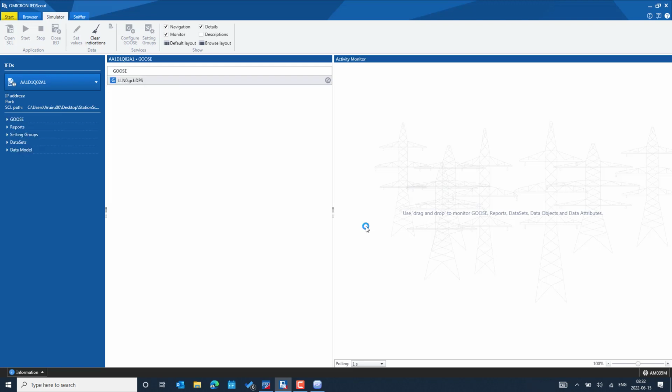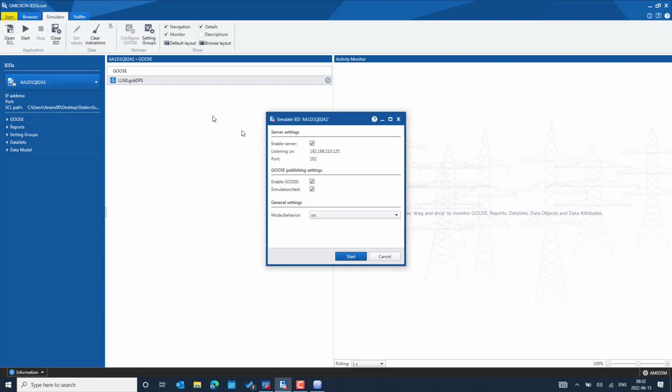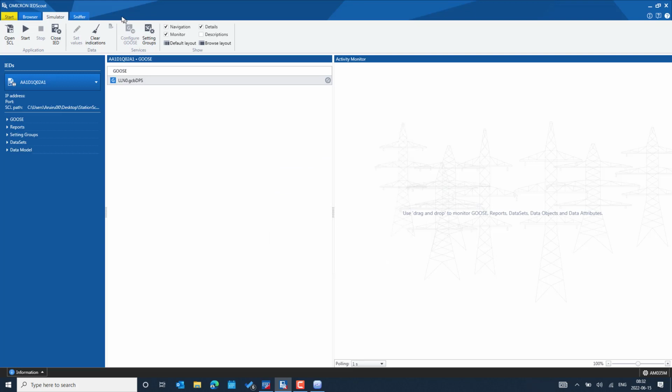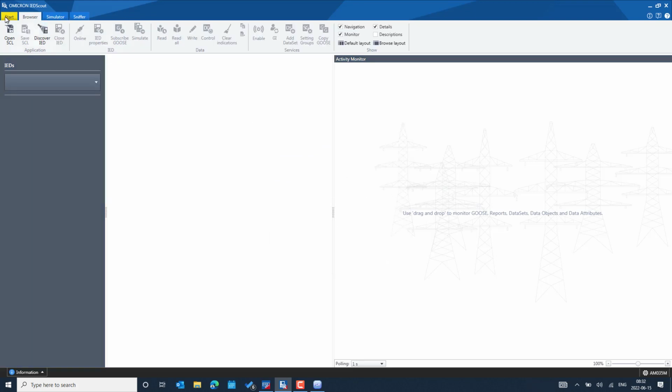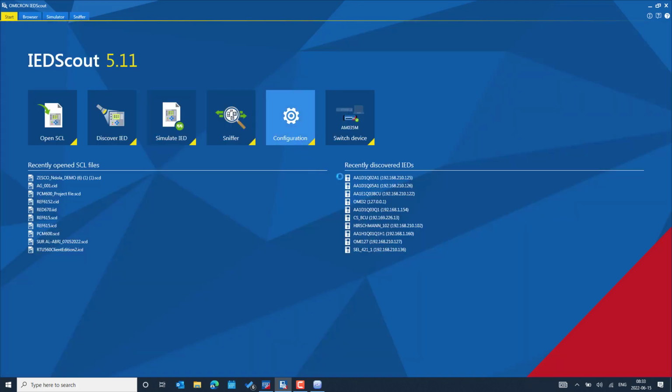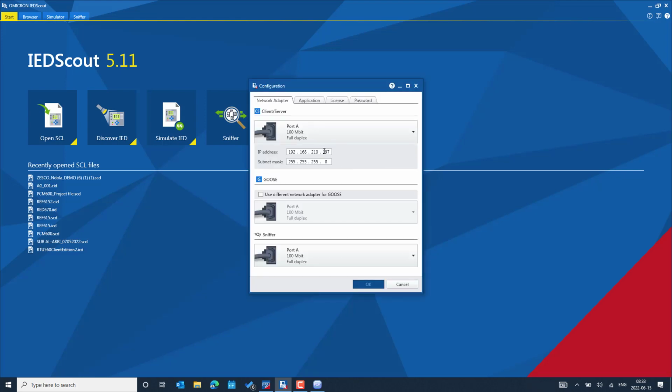This is to explain how we should not simulate, by having a similar or the same IP address in the network. So let me try to start the simulation. Here we can see the IP address 192.168.210.125. Then I try to assign an IP address in the same range, 210.125,